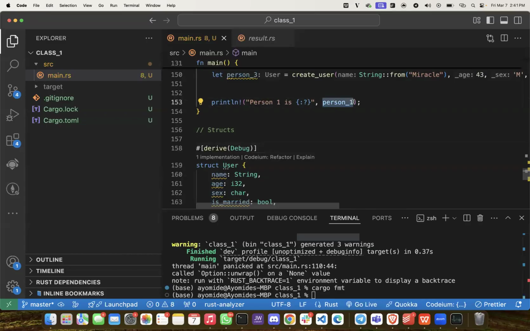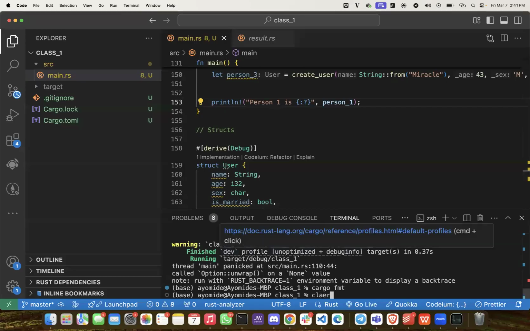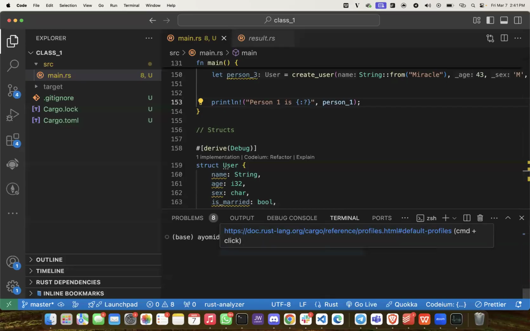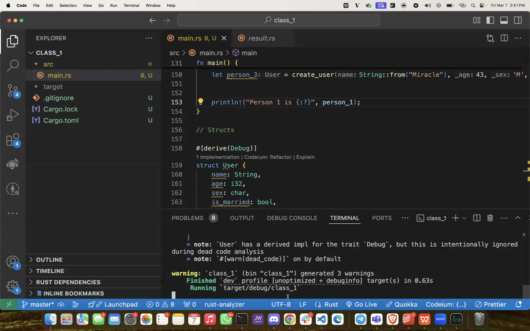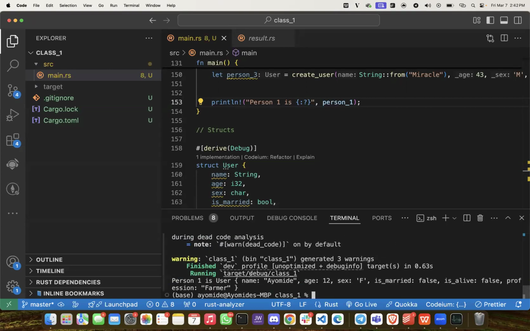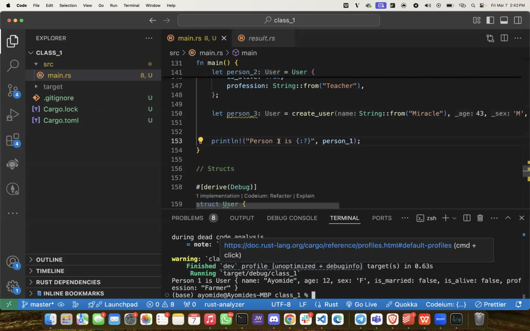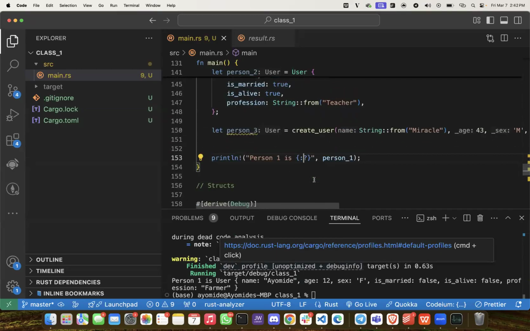So with this, we can print person one, and if we clear the terminal and cargo run, we should have it. Can we see? The user person one has name, age, and every other thing. We can print it. Another way for us to have access to each of the fields of whatever we are printing